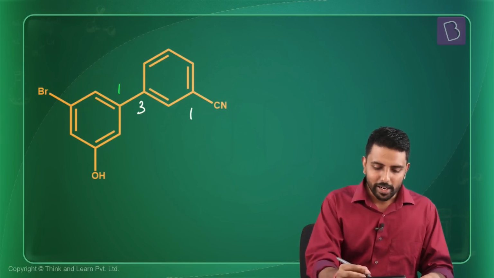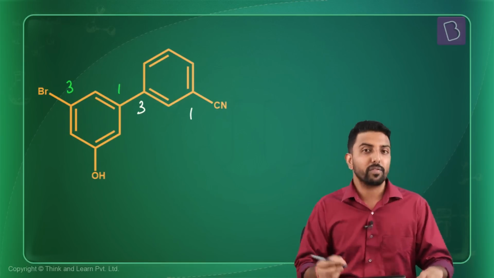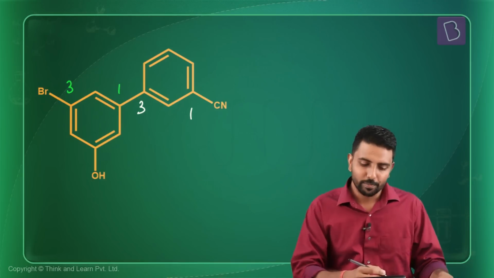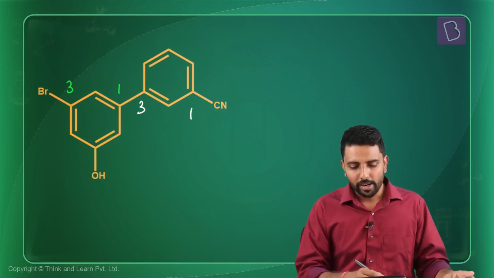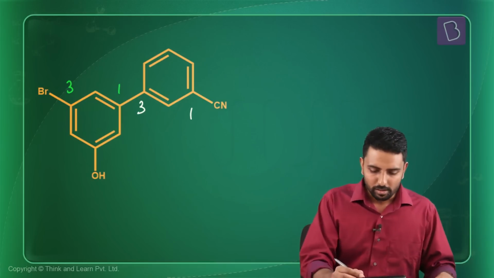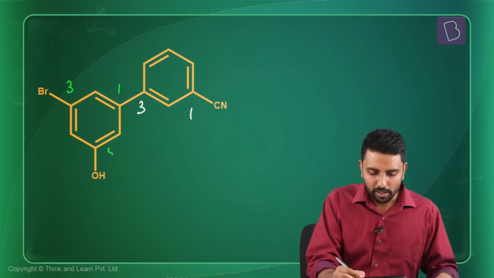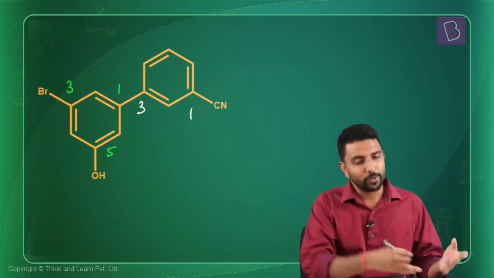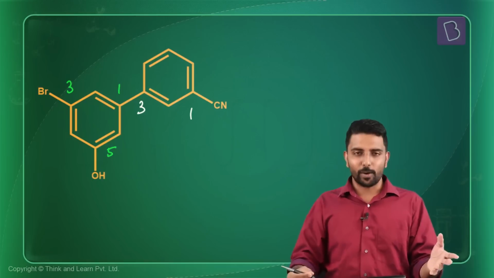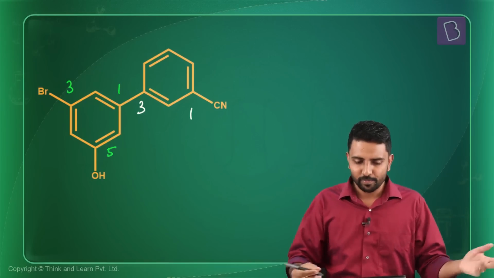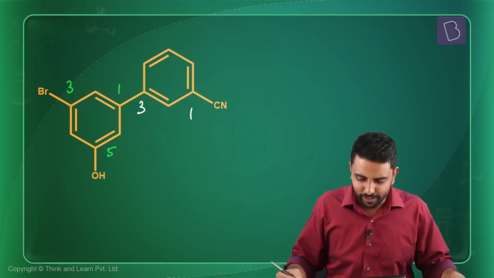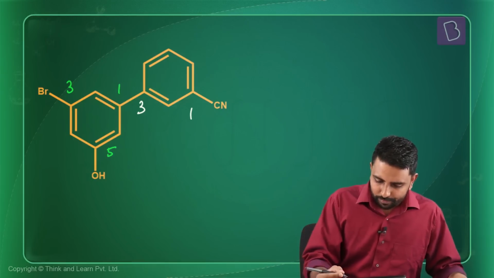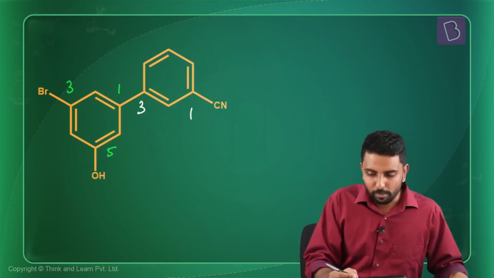And we see that at the third carbon of the substituent, that is where the bromine is attached to the carbon atom. And moving on in this fashion, we reach carbon number 5 of the substituted substituent, which has the hydroxyl or the OH group. Now, how do we name this compound? So the name of this compound is going to be